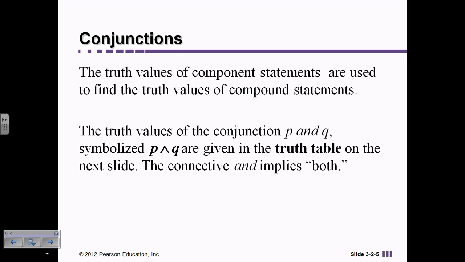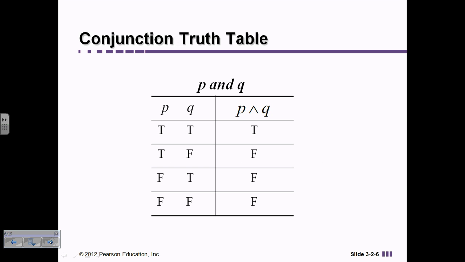the word and. And again, this implies that both of them have to be true. And we talked about that earlier when we were using logic statements with the sets. So here's our truth table for conjunctions. And you'll notice on our truth table that both the P and the Q value must be true for the statement to come up with a true result. If either one of the P or the Q value are false, then you will end up with a false